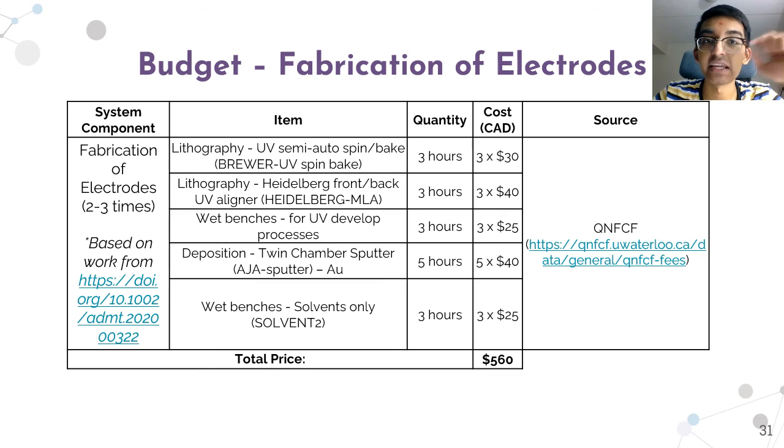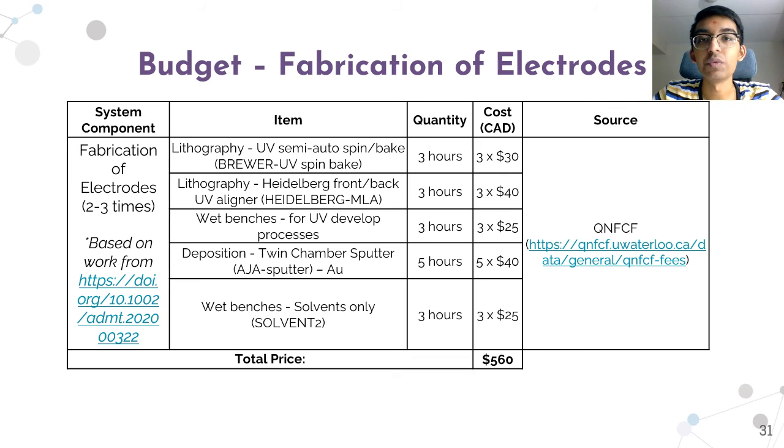Now, it isn't the case that electrodes need to be fabricated only once; they may need to be fabricated more than once, either to fabricate multiple devices or to redo the fabrication with an adjusted process after the initial process is tested once or twice. Initially, in the fabrication of the electrodes, the UV semi-auto spin bake, or the Brewer UV spin bake, the front-back UV aligner, or the Heidelberg MLA, and the UV develop process using the wet bench, all of those will be